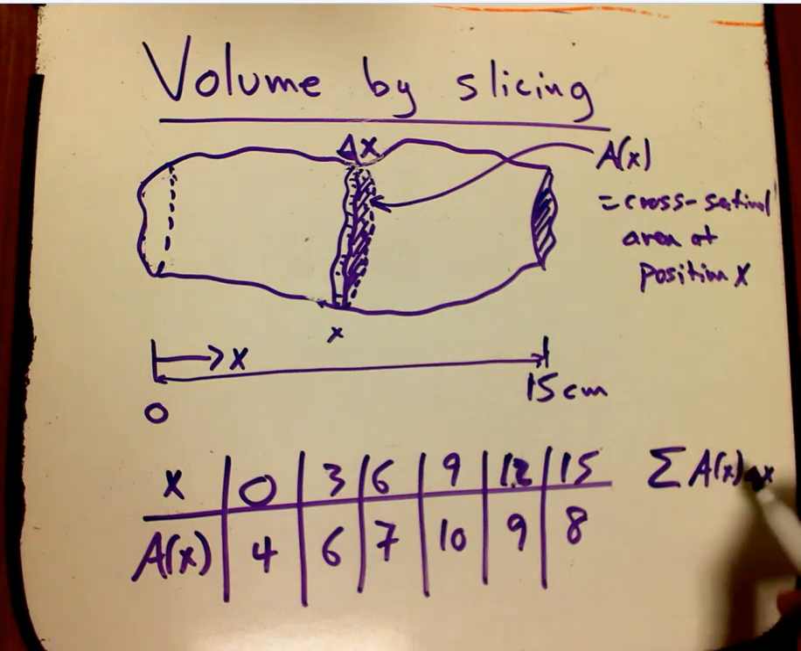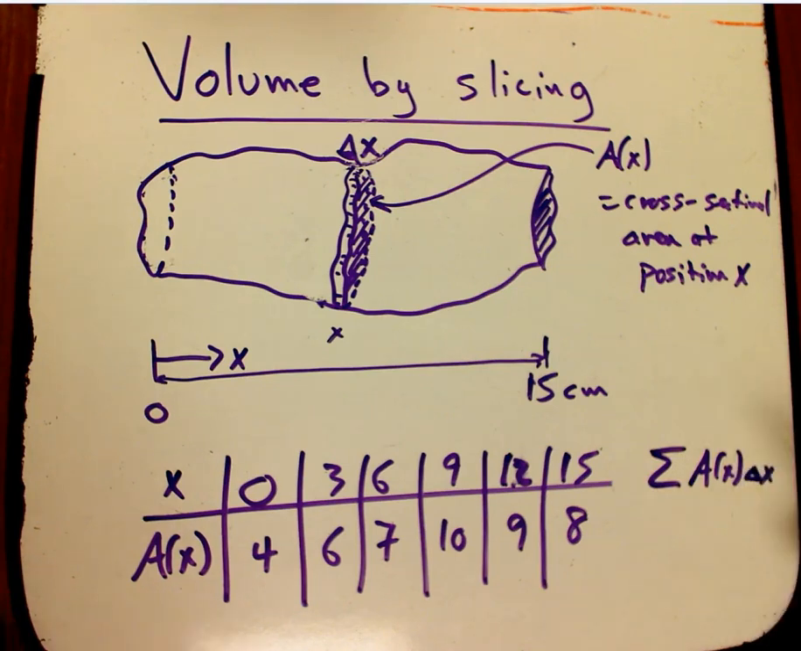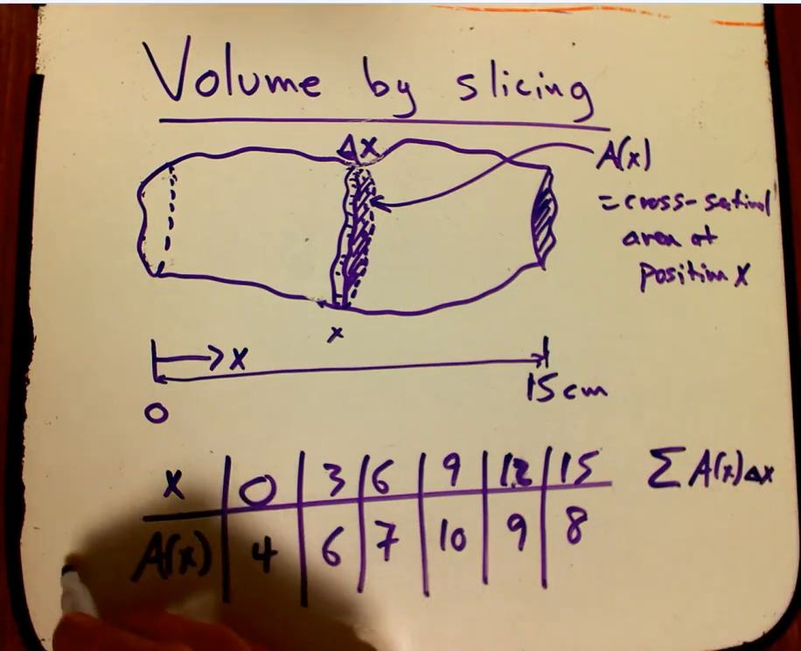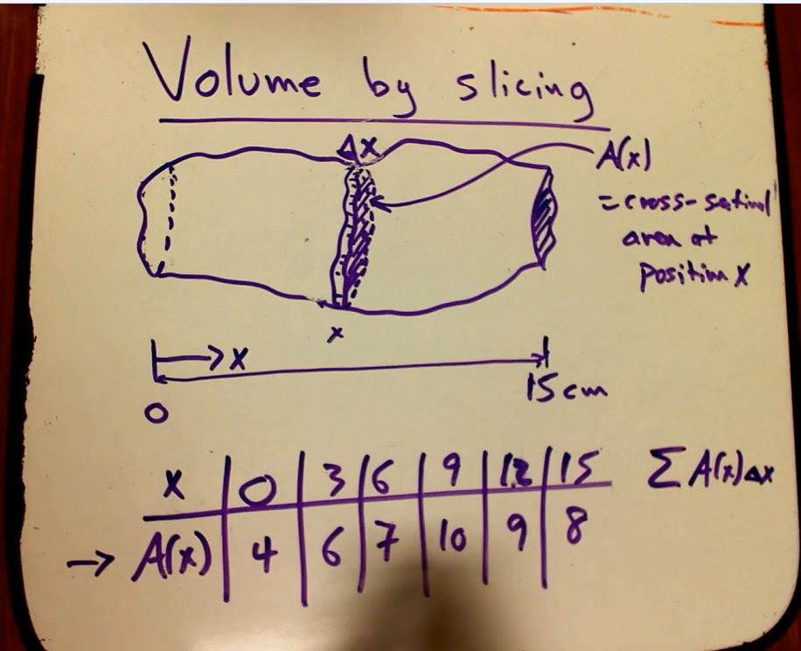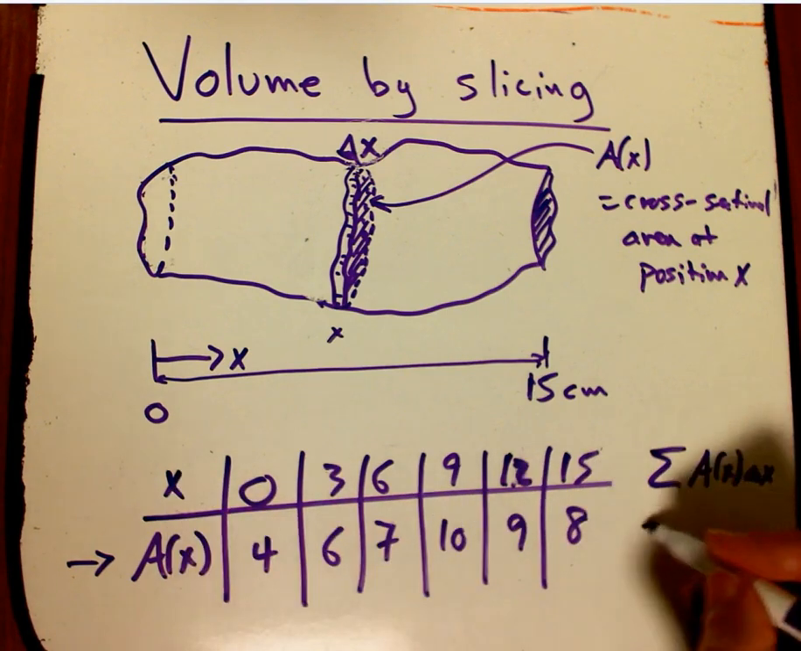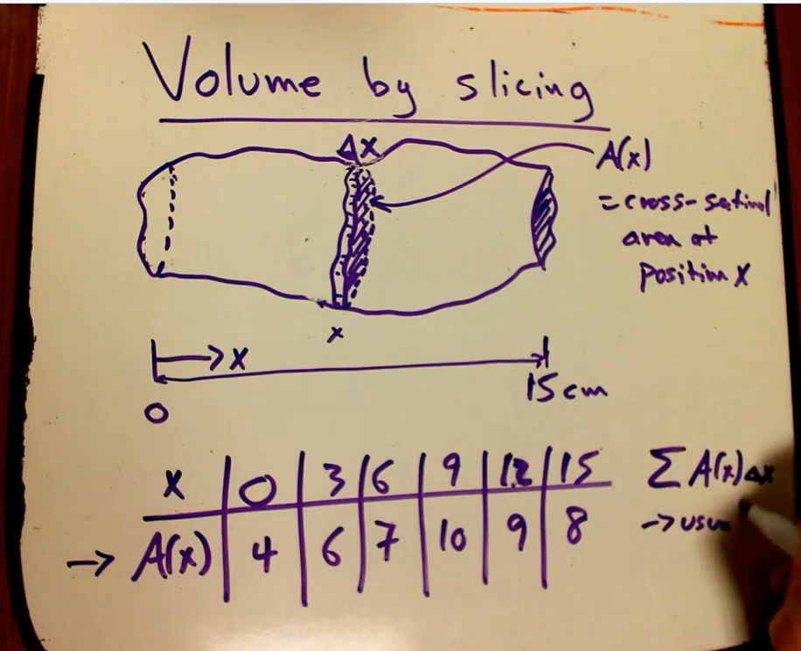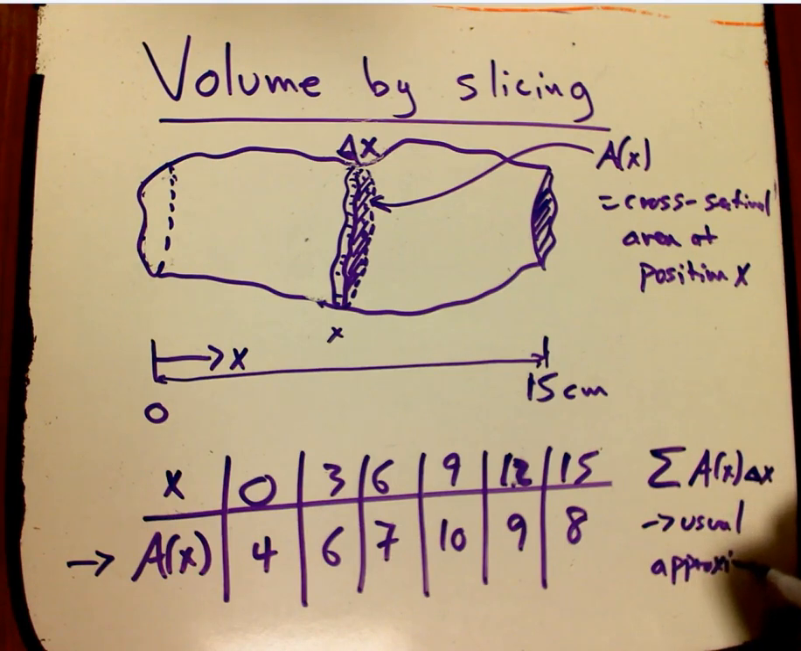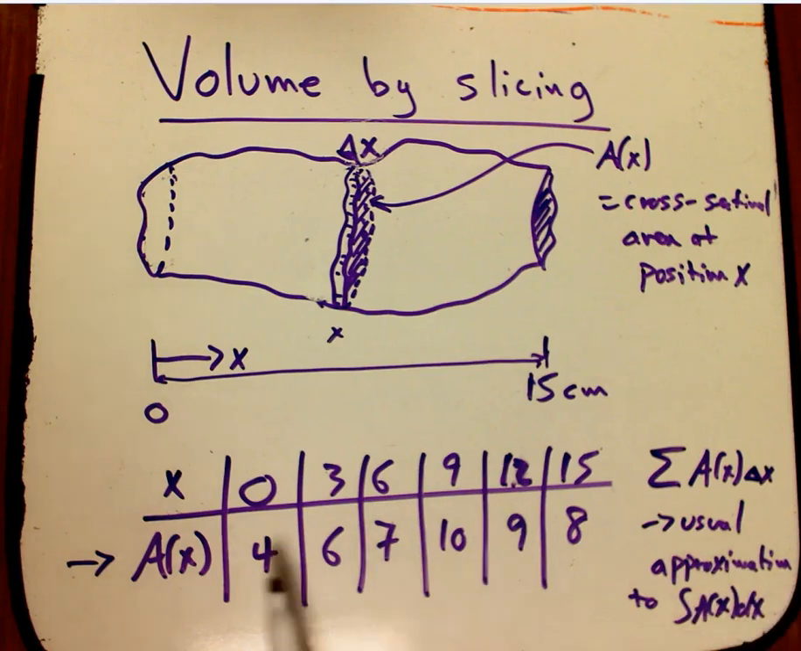But you know what? This sum is exactly how you would approximate the integral of this function if nobody told you this was an area function of x. This is just our usual way of approximation to the integral of A(x) dx, which we're still thinking of as the ideal that we can't quite get at, because we certainly didn't slice it into infinitesimally small slices, and in fact we sliced it into pretty chunky